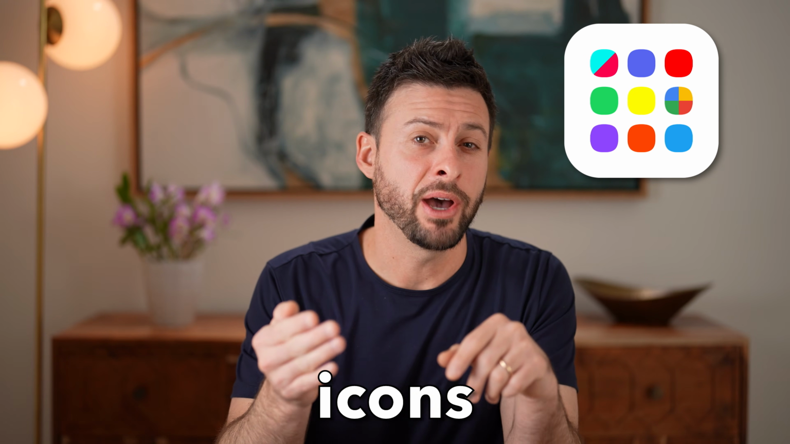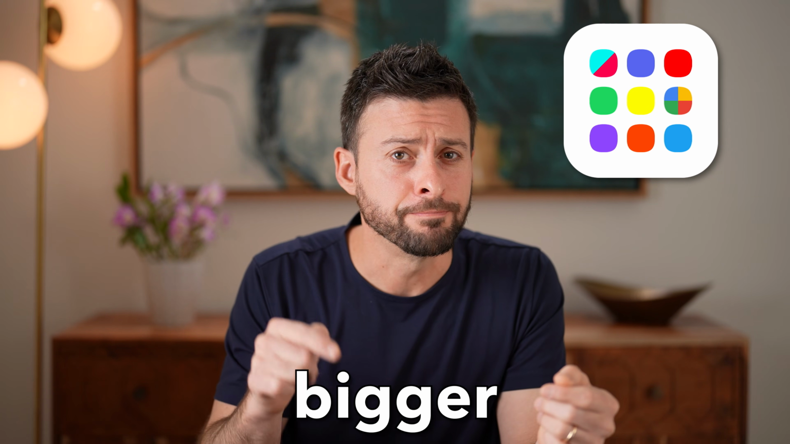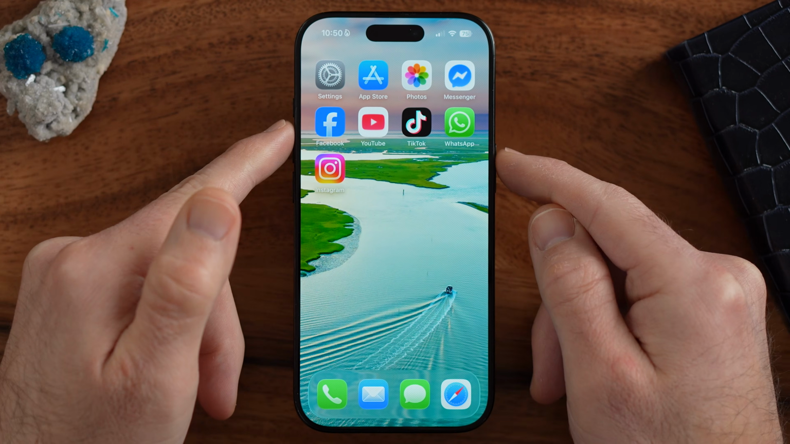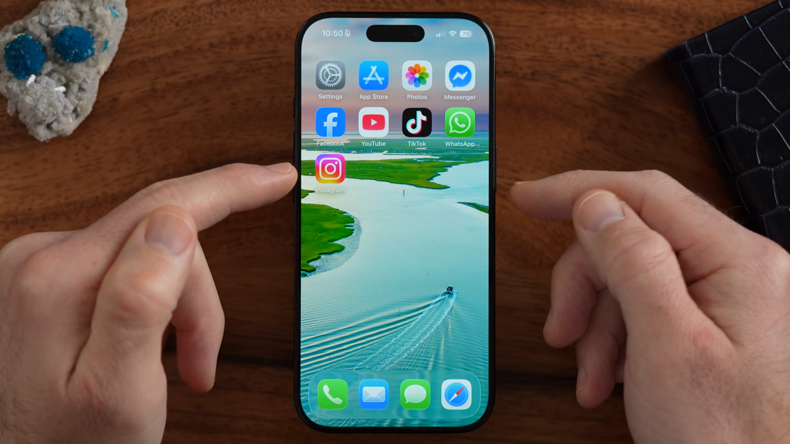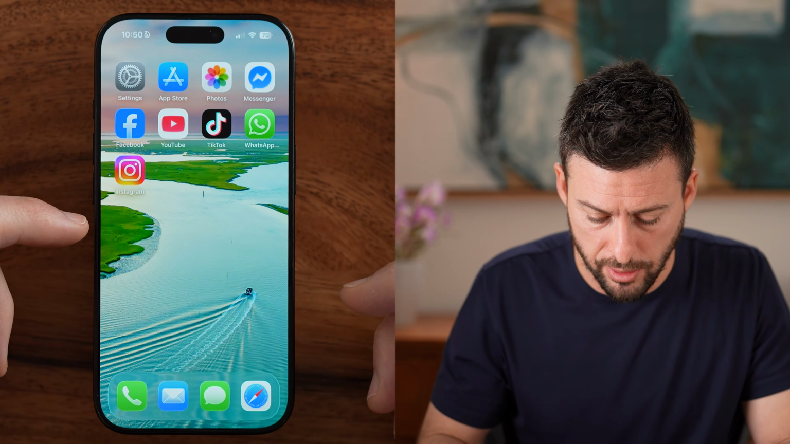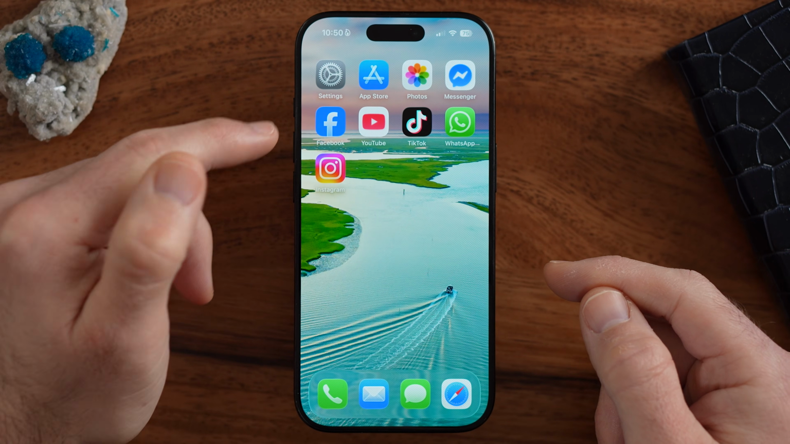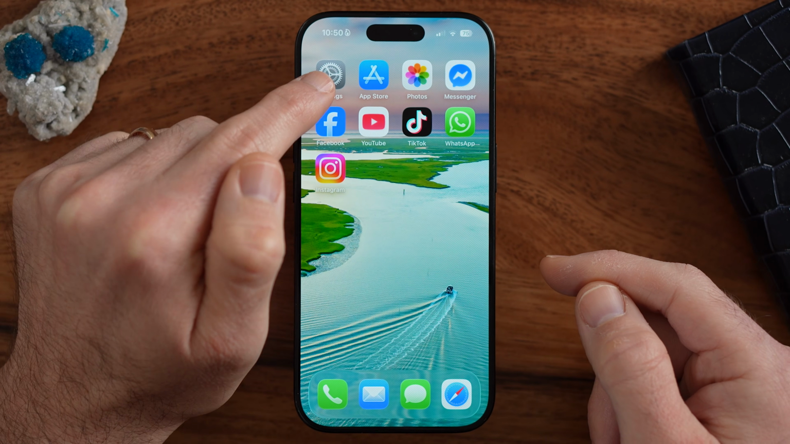Here's how to make app icons smaller or bigger on your iPhone. Now, if you don't like the size of the app icons, you can either make them bigger or smaller. The first option you have, and I'm going to walk you through several options, but we're going to press and